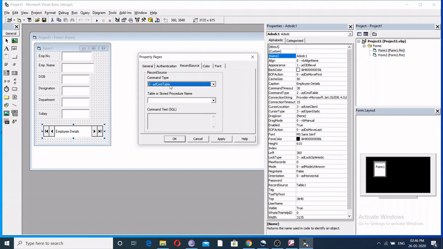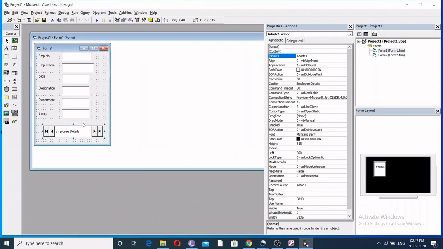Then here, table or stored procedure name, you are going to refer the table, so just click this button and then select the table. Since only one table is available in the database DB1, just select it, then apply, then OK. Now the property setting is over.